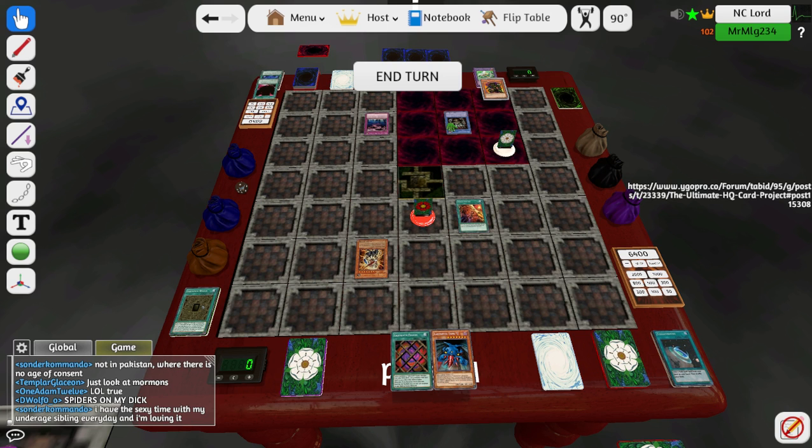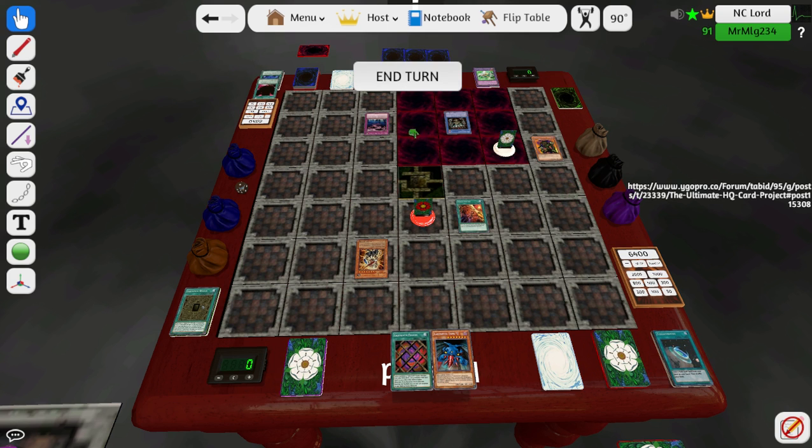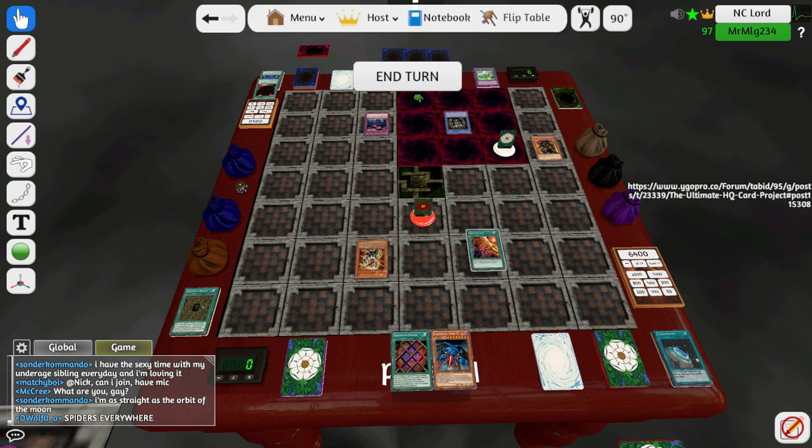I will move my Labyrinth Shadow Ghoul. I'm actually going to move him here. Then I'm going to use the effect of Senate Switch to move him over here artificially. And that'll be all. Actually, I'll move this here. I didn't click end turn, so...